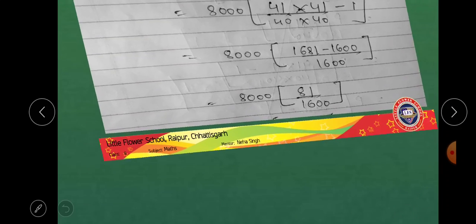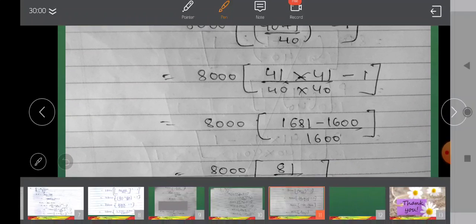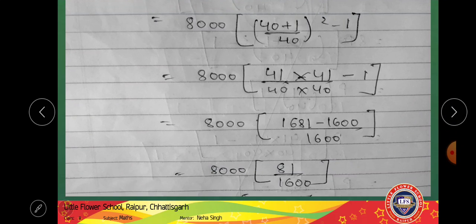And next, 8000, right? 40 plus 1, that is 41. Now you will find the 41 square, right? It will be 8000 into 81, right? So after this what you can do, see,